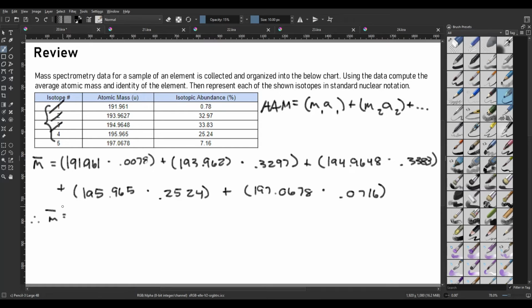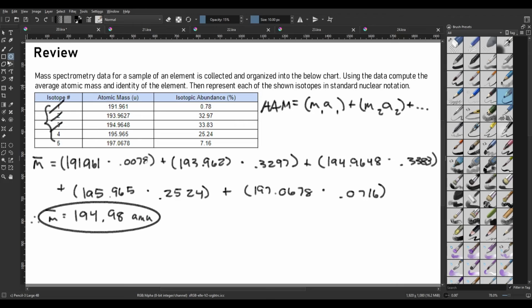We get our average atomic mass to be just about, we're going to round a little bit here, 194.98 AMU. So if we draw a circle around this,